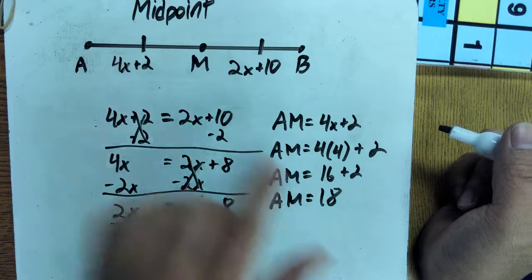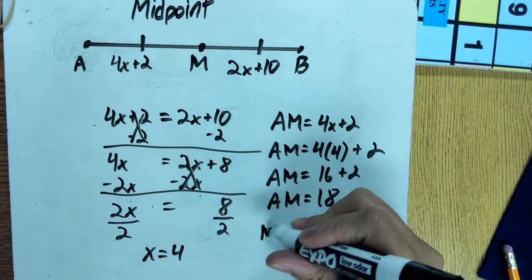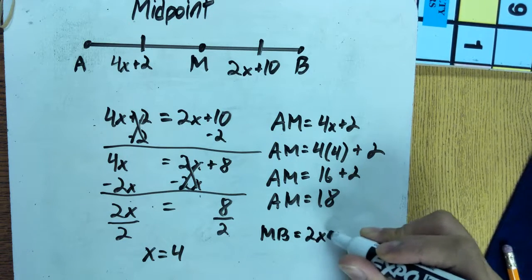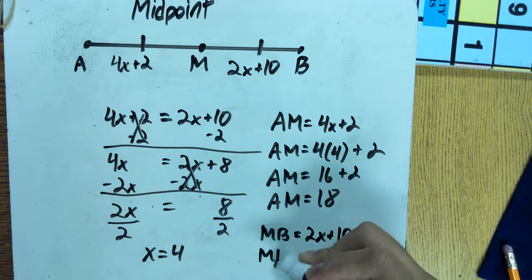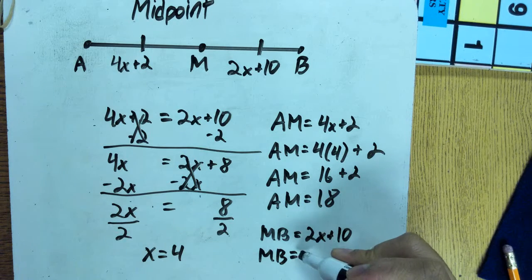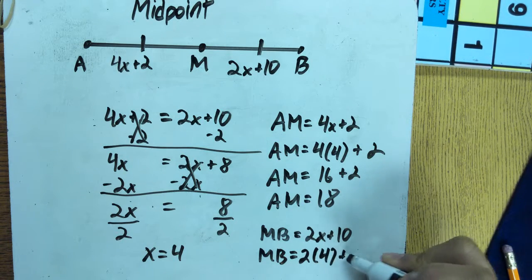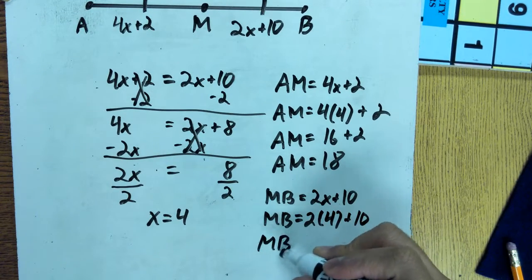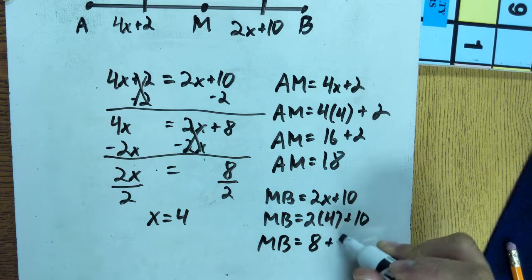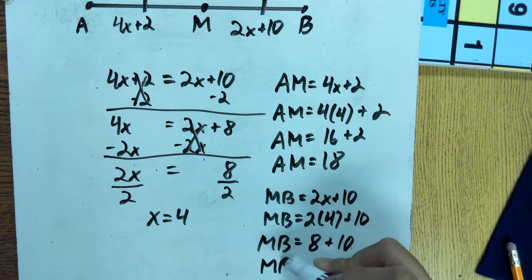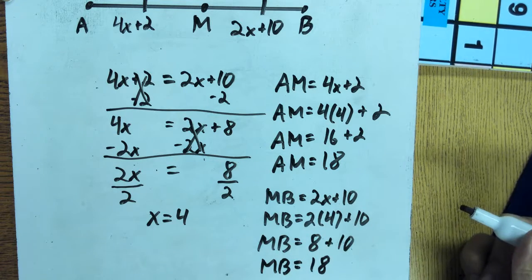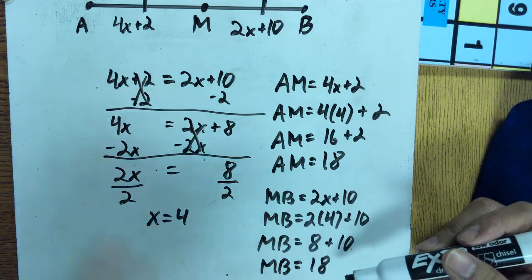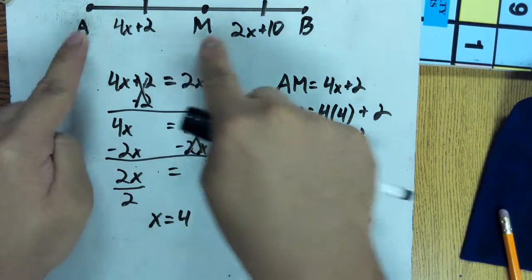Then we can also ask for MB. MB is 2x plus 10. 2, plug in 4, plus 10. That means 8 plus 10. MB equals 18. And you would notice that AM equals MB because at the beginning we said AM should equal